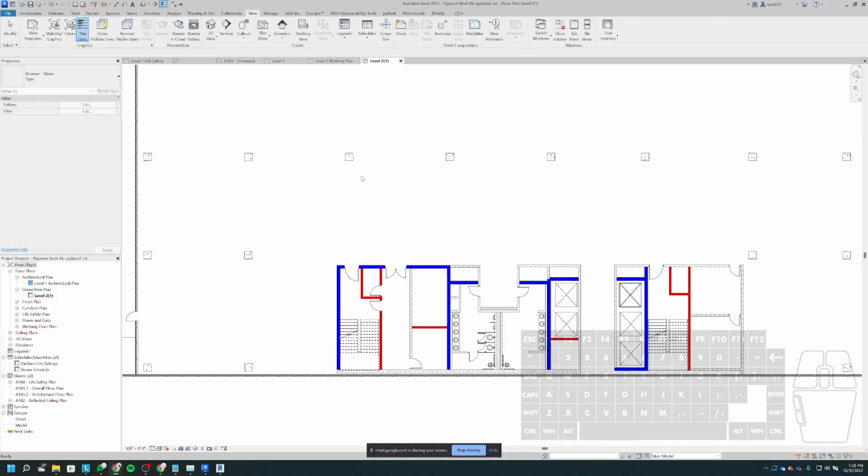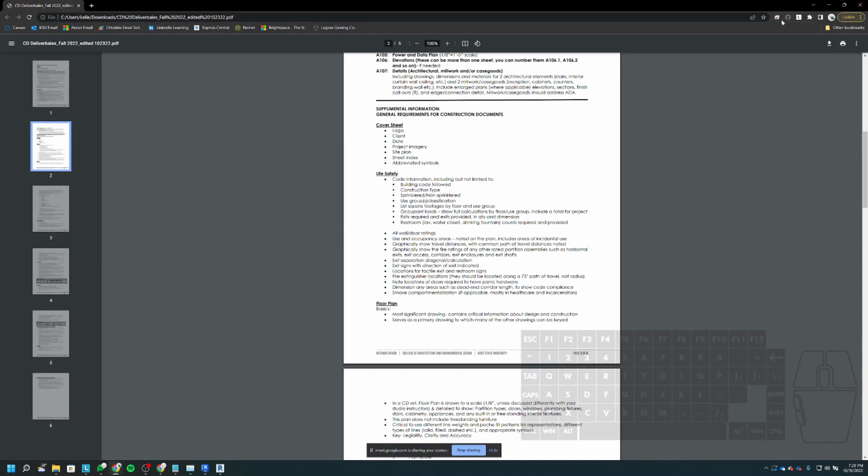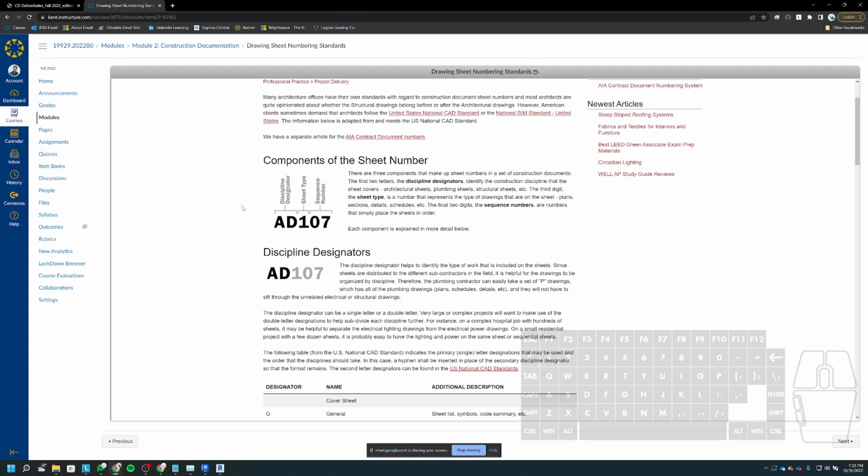Okay, so the next part of this is your sheet setup. I talked a little bit in one of my intro videos about sheet conventions and the series, and how you organize your sheet numbering within a CD set. Let me pull that up really quick just to remind you. All right, so this